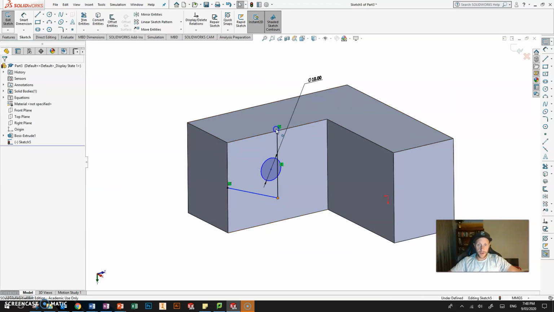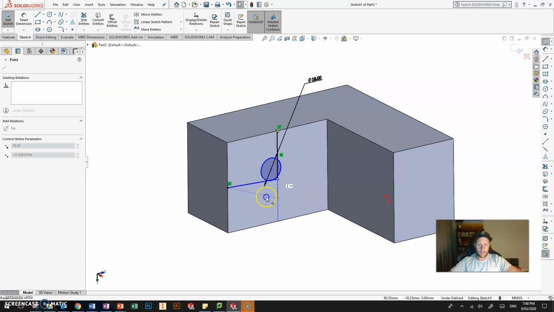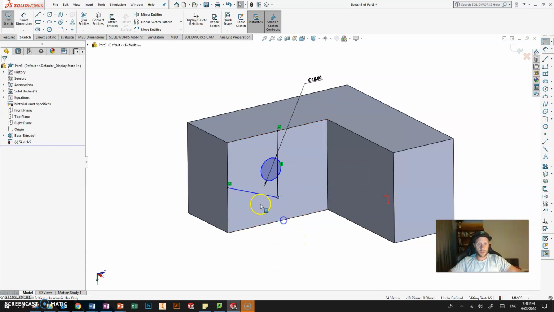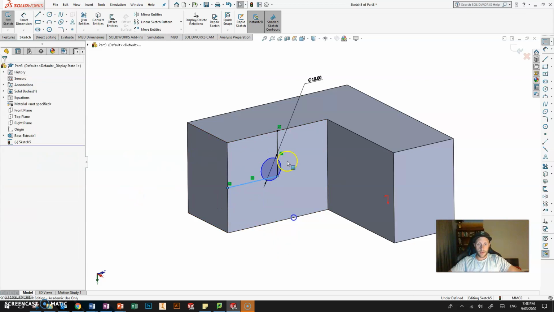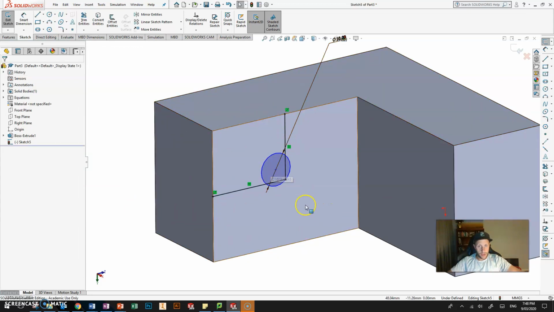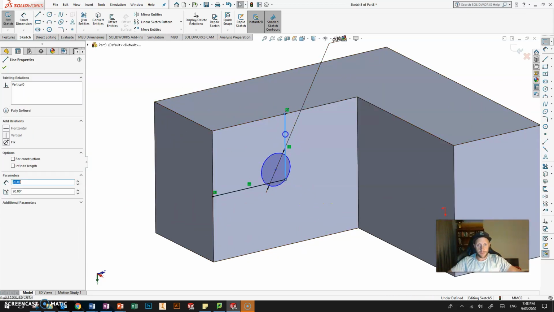You can see that the first line, if I click on that point there, it's vertical. This line here I want horizontal. So if I click on this line, it doesn't have that in there at the moment. I'm going to make it horizontal. And now I zoom in a bit. These two lines are fully defined. They're both to the midpoint of there and there, but